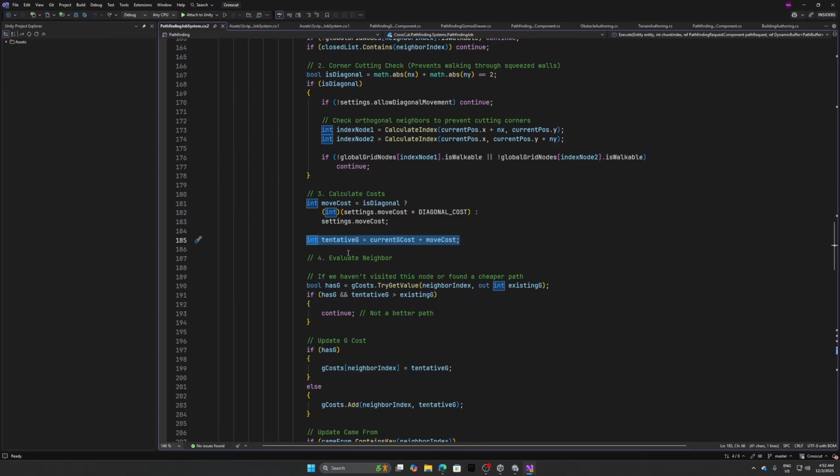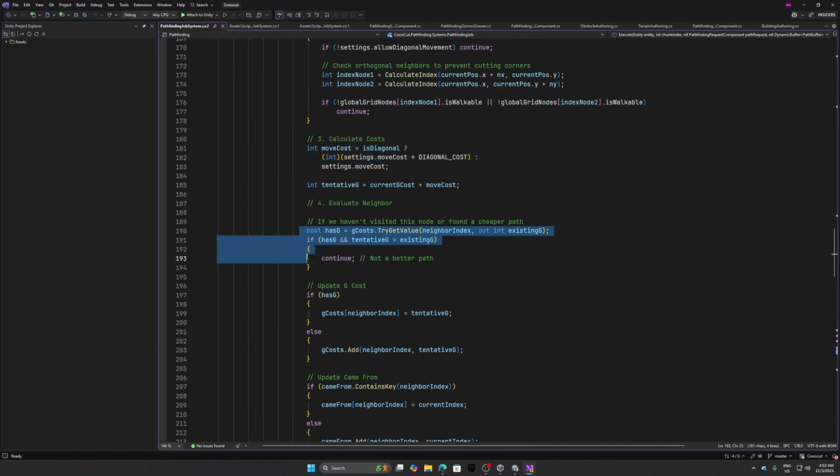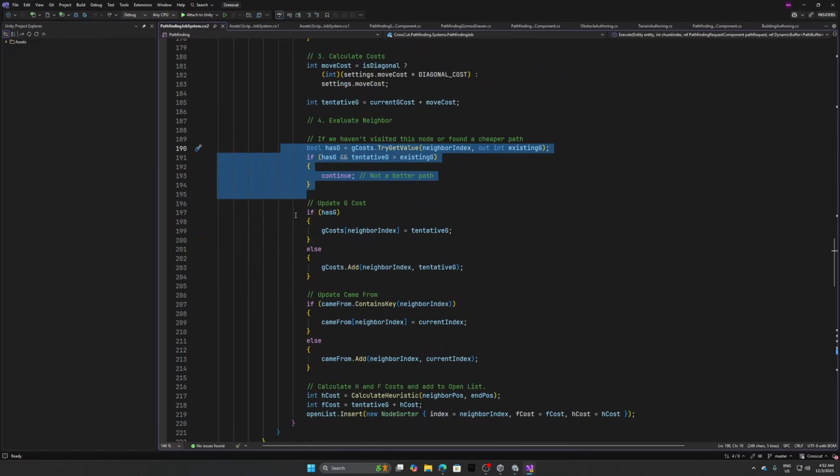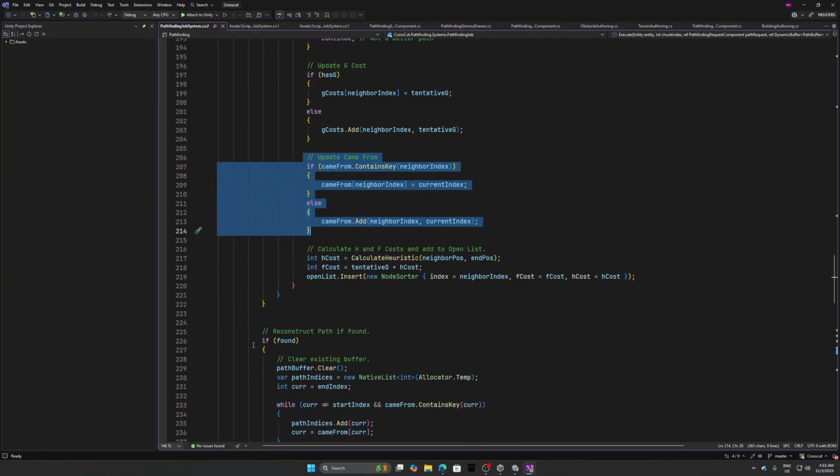It checks this G, which is basically the current G cost, which is how much it took to be here, plus whatever the move cost, because this is a neighbor. And then we check if the G cost exists and the tentative G, this new G cost, is more than the existing one, then this is not a better path, just ignore this. Otherwise, we update the G cost and we update the came from dictionary, which will be very helpful later on in this